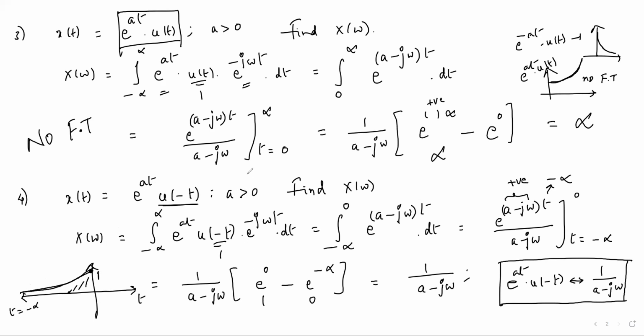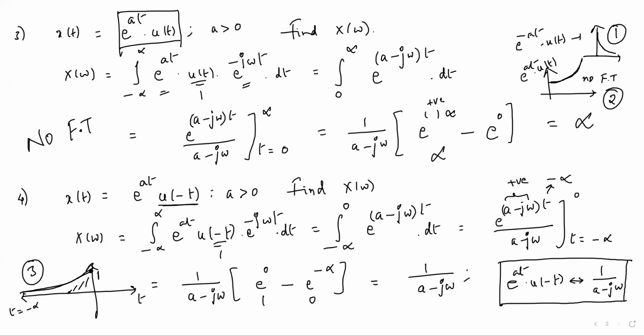One more exponential: the two-sided exponential. So far, three signals I have given. First signal, right-sided, exponentially falling. Second, right-sided, exponentially rising. Third, left-sided, exponentially rising. Now I am giving you the fourth signal. I hope all of you noted this.